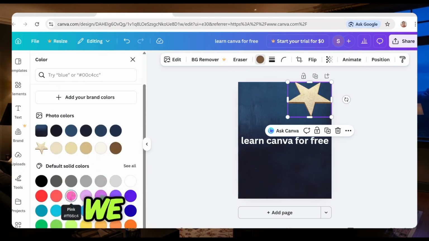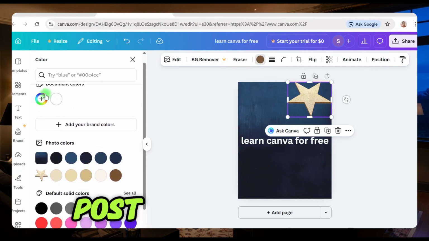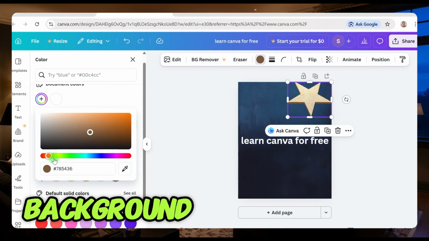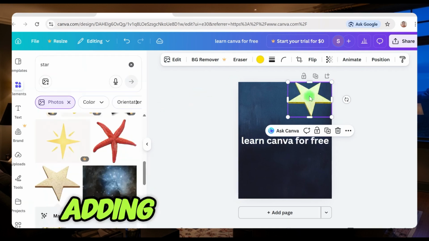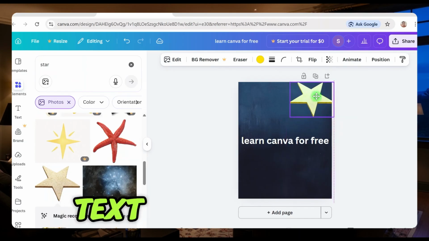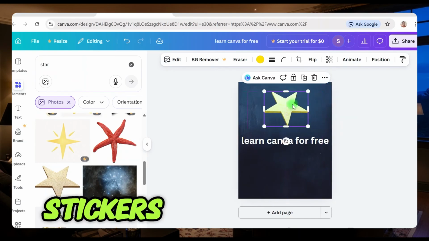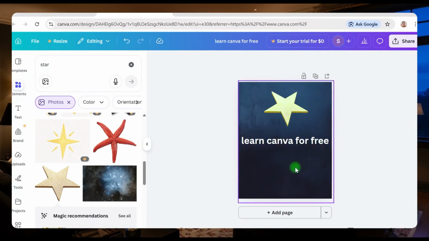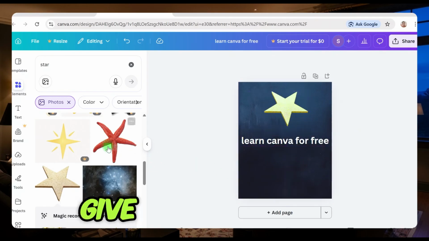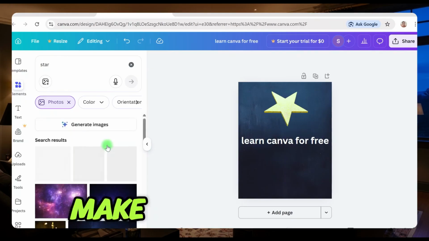And just like that, we have created a simple Instagram post. We have a colorful background, bold text, and a graphic element. Of course, you can keep adding more things, more text, more graphics, images, stickers, whatever you want, but you get the idea. Now, before we finish, let me give you a few quick tips that will make your designs look